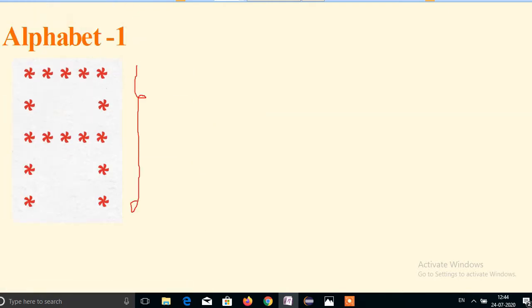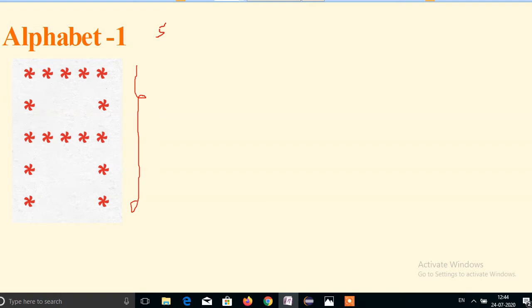Okay, now if you observe here, in this pattern I am taking 5 rows. Why am I taking 5 rows every time? It is easy to understand if you take 5 rows. So I am going to display this alphabet now. First I will convert this alphabet into rows and columns.